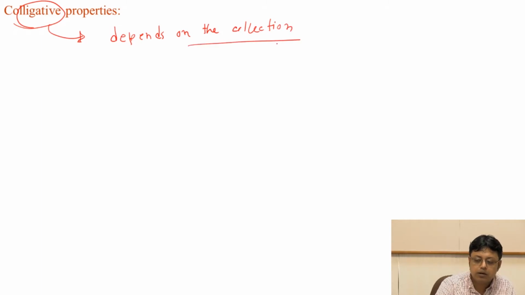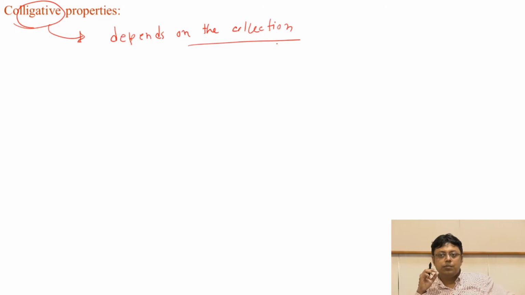Now this name colligative actually means it depends on the collection, meaning it's a collection of phenomena we are about to discuss. To begin with, suppose you have a pure liquid, say pure water, and you add some salt. We know that pure water under 1 atmosphere freezes at 0 degrees centigrade or 273 Kelvin. Now the question is, when you add a little bit of salt to it, how does the freezing point